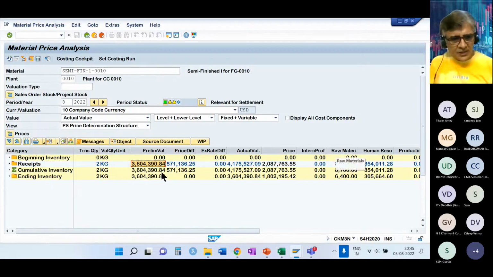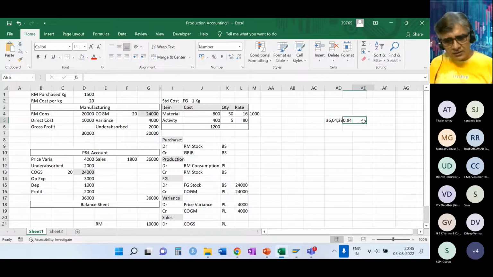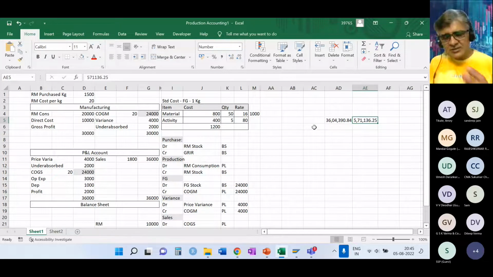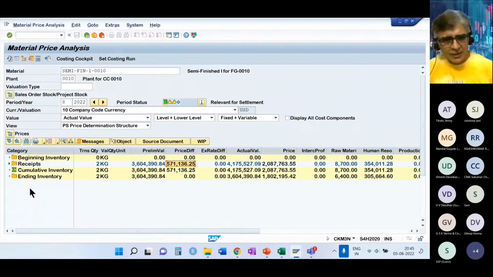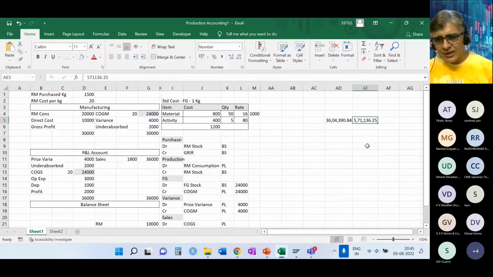This is the standard cost of production and this is the receipt, right? Of course, there is some more complexity involved, because there is raw material also, and then there is the activity price involved. But let me just take these two figures and show you how the actual costing will happen. Let us say only 2 kilo was produced.